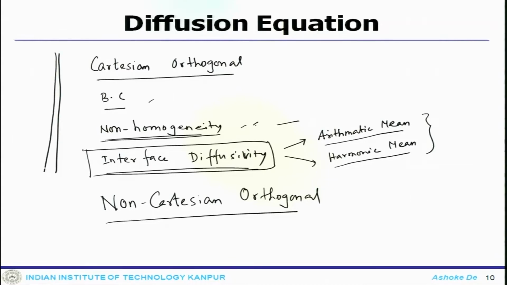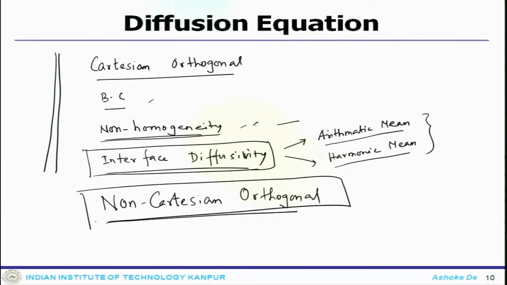That is where we have discussed these two things, and now once we have done all this, we will move to the next level of discussion, the formulation for the non-Cartesian orthogonal system. So, what have we done? Cartesian orthogonal. Everything is restricted to the discretization of the diffusion equation. After we conclude or wrap up this diffusion equation, we will move to the next system, which is convection diffusion.